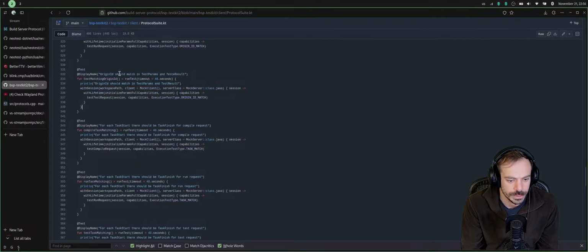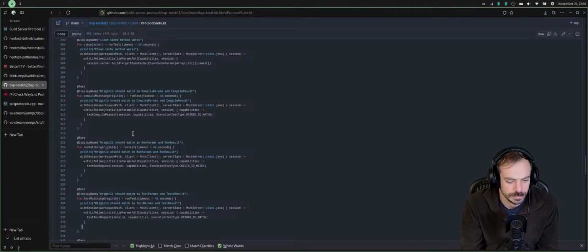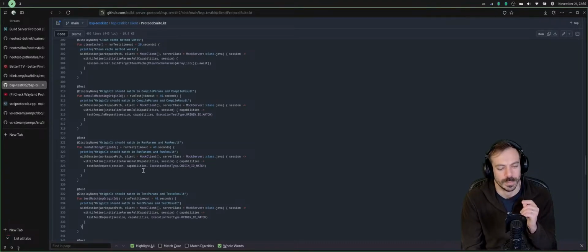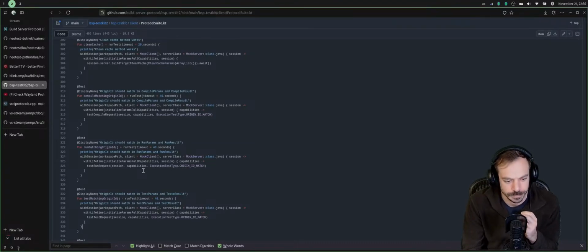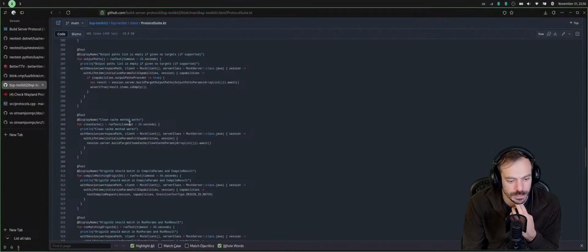So origin should match in test params and test result. Clean cache method works.